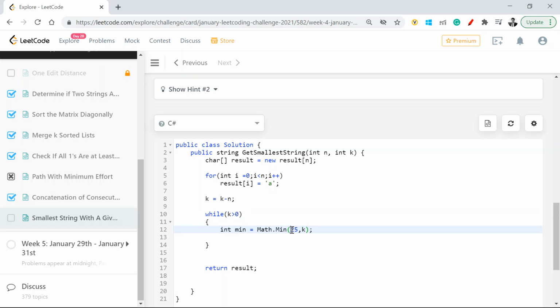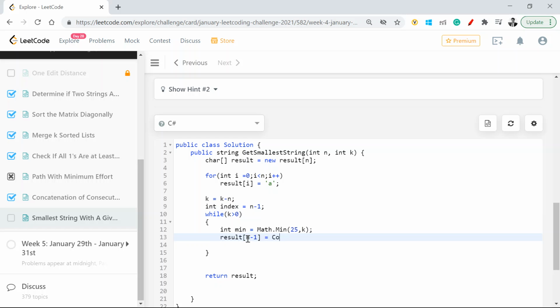Why am I saying 25? Because I've already given a as a value, so I already accounted for the 26th value, right? So what is my minimum of these two? I'll pick that. Whatever that will be, I need to sum it up and add it to the value on that given index when I go into the reverse order. Talking about reverse order, I have to start with something like n minus 1, right? So let's have an index which will be, for starters, n minus 1. So my result n minus 1 will be equal to